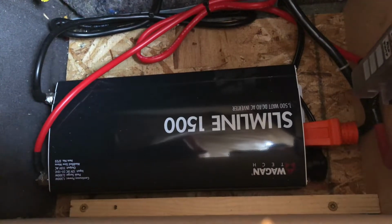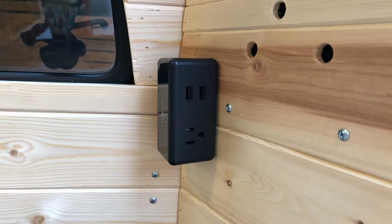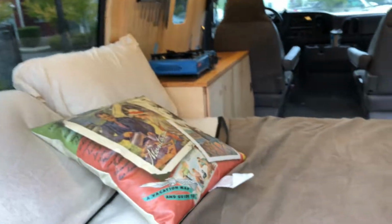You've got an inverter, so going from DC to AC from the battery, so you can run and charge, you know, your phone or run a blender or coffee maker or whatever. And there's the fuse box, breaker box that I put in for all electronics, so I don't burn to death inside. And again, that just drops into place, and that goes back on. You don't really have to access that very often, so it's not really too big of a deal. And so the inverter, one of the things it runs to is this guy here, so for charging your phones when you're sleeping or running a laptop to watch a movie or whatever you want. It also runs an extension cord with 3 outlets underneath the sink over there